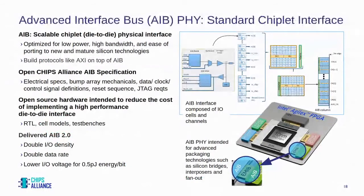AIB is something I've mentioned already. It's an incredible development. It's a very fast interconnect that's optimized for low power and high bandwidth. And it's of course developed by Intel, but it's meant to be portable and usable on various silicon architectures. And you can build various protocols like AXI on top of AIB. So we have a spec, we have a really good implementation. There's AIB 2.0 now,